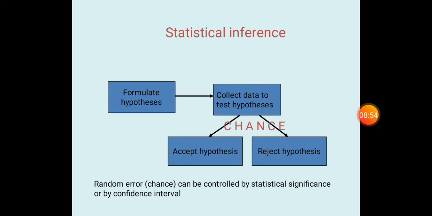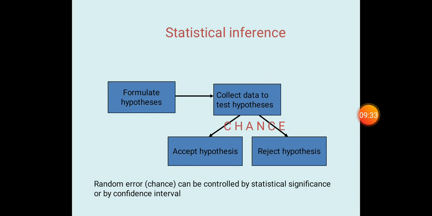And that is why when we do like that, we are always taking a chance. That chance is otherwise known as random error. We need to assume that when we prove the hypothesis, there is always an error hidden there. And two types of errors are there, type 1 error and type 2 error. Investigators should always keep in mind that these two errors will happen.